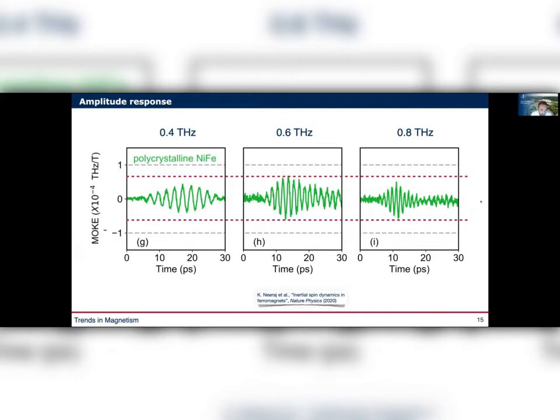So we could see that moving the terahertz field, let's say between 0.4 and 0.8 terahertz, the oscillation was smaller, or relatively smaller, at 0.4 terahertz. It reached some sort of maximum at 0.6 and then went down again. So it was the first suggestion that there seems to be a modulation of the amplitude. And the way you normalize this is actually very crucial, so you need to be careful when you do this. In the paper, we explain how we did it in the correct way, because there are a lot of things to be taken care of. But we did that, and we're pretty confident in this.